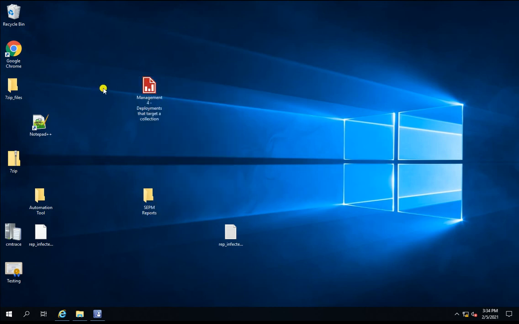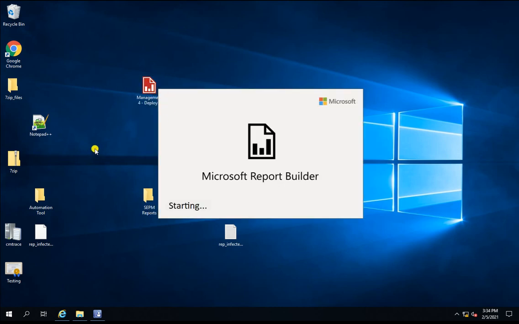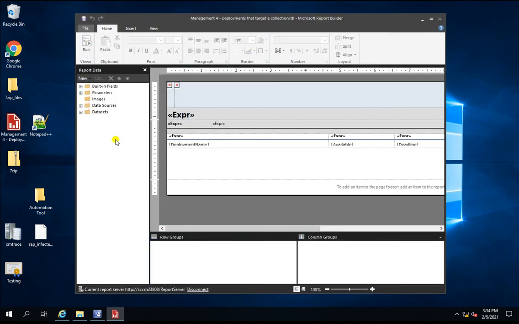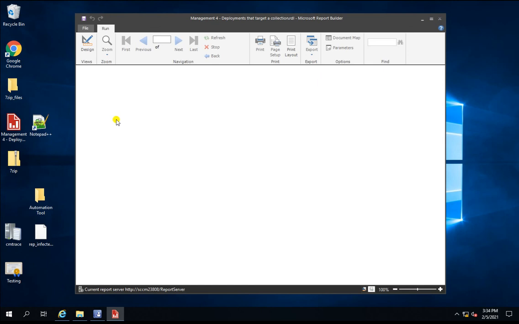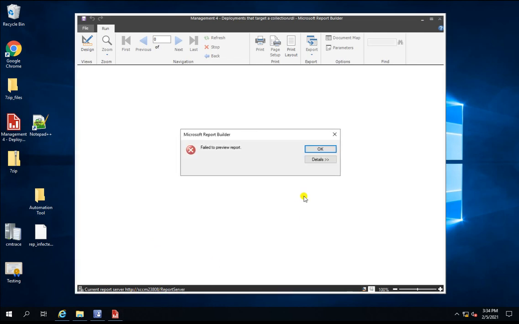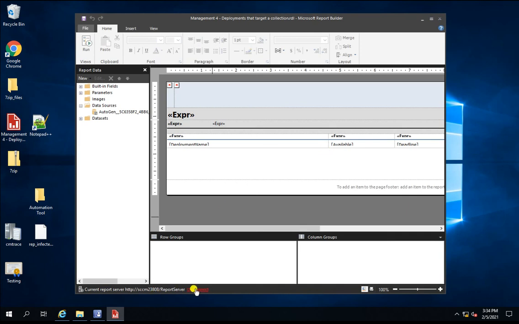If I want to modify this for my testing purpose, what I need to do is just double click on that, and it will open in my SSMS, sorry, it will automatically take the database and everything and run the report. So here you can see the current server is not showing correctly, there might be some issue. So let's fix this. It's not taking the right server. So what we need to do is disconnect and connect it.